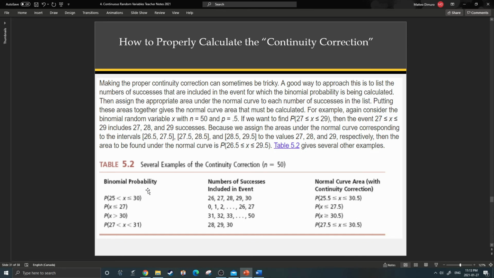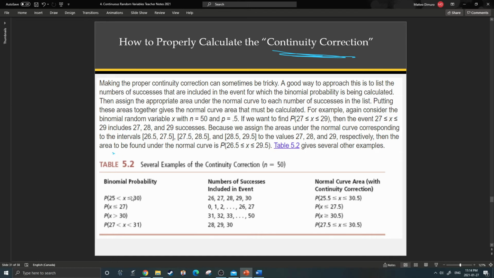So I said that we would take a look at doing some more calculating. It's called the continuity correction, so that plus or minus, right? So the plus or minus in the formula is the continuity correction. So what I have here, there's a bunch of blah, blah, blah. You can read it if you want, okay? There's like another example embedded in here, so if you want to read through it and really read the logic, you can. You're more than welcome to pause the video. However, my logic is a lot more simple and a lot less wordy. I'm a man of few words, I have a math major. So